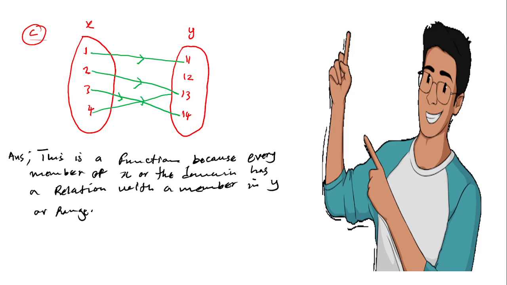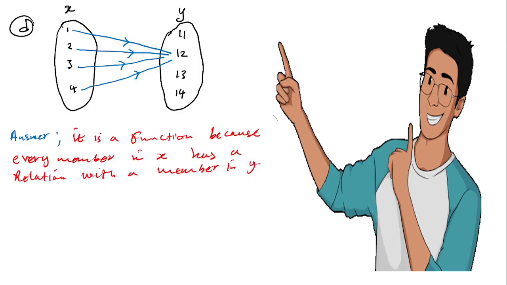Because every member in X has a relation with a member in Y. Okay, good. Now, ladies and gentlemen, if you look at what we have discussed,